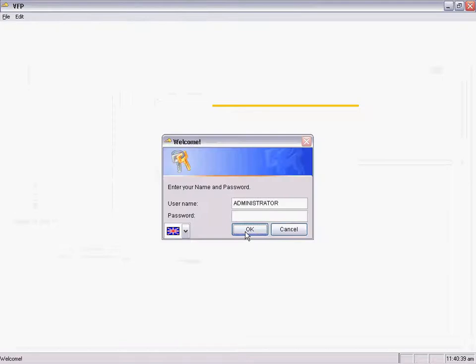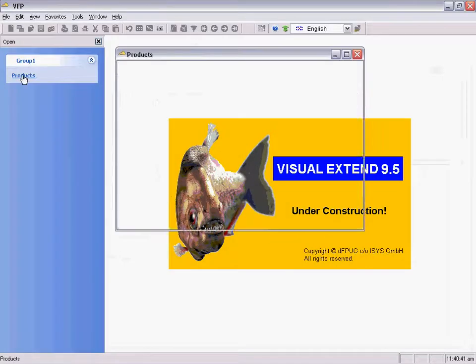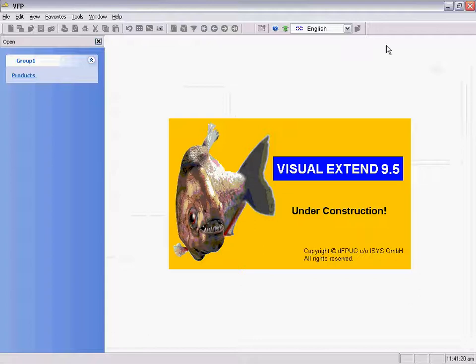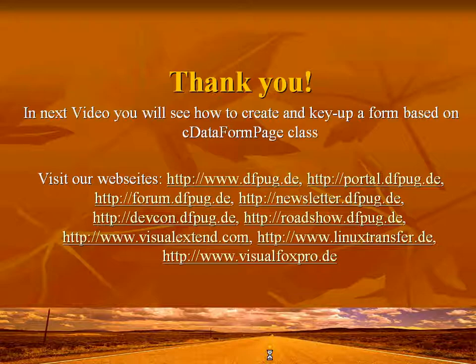Let's save our form and run the application again. Splash form and login dialog, and I will run the products again. Here is the navigation. I can use the speed bar as well as I can use the same buttons on the toolbar. So you have seen how